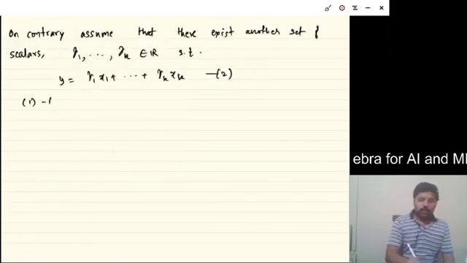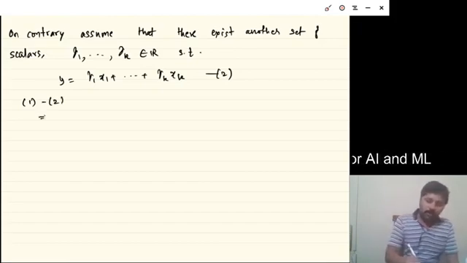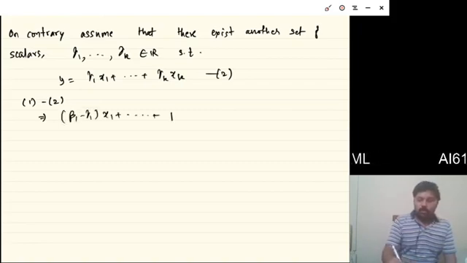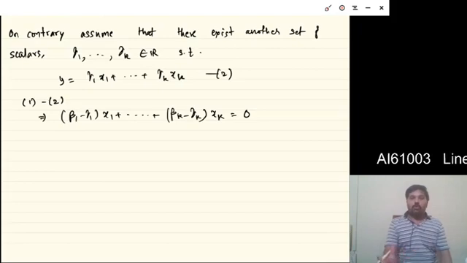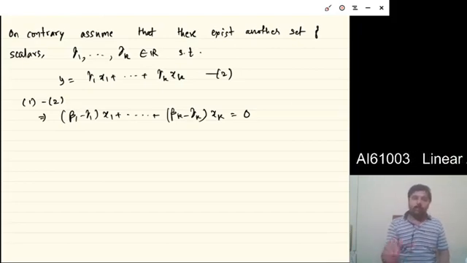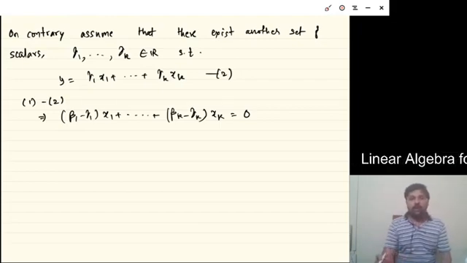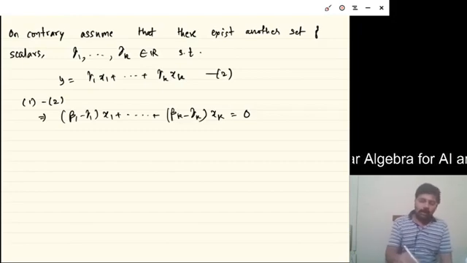I'll do 1 minus 2, 2 minus 1, whatever you want to do. What do you get? You get beta 1 minus gamma 1 into x1 plus so on and so forth, beta k minus gamma k into xk is equal to 0. So now what do you have? You have a linear combination of linearly independent vectors, and that linear combination is equal to 0. What does that mean? That means that the coefficients in that linear combination must be equal to 0 identically,